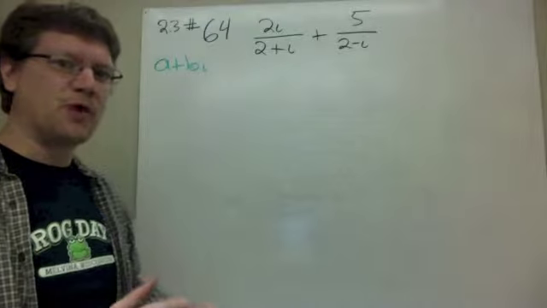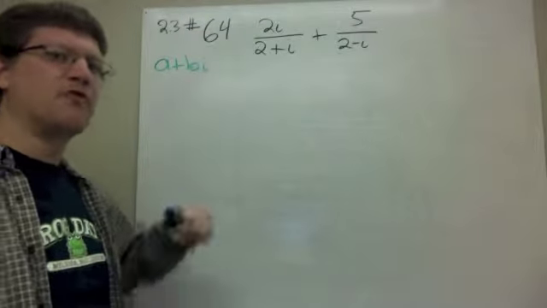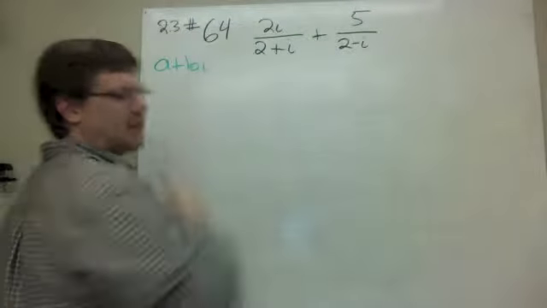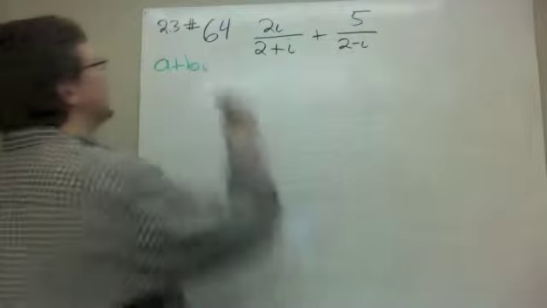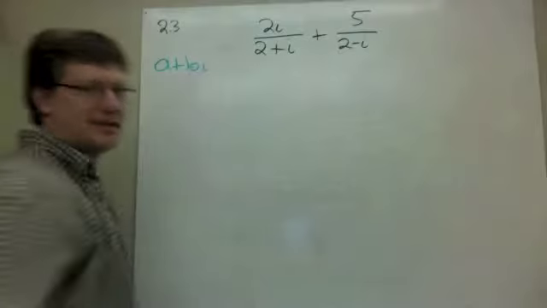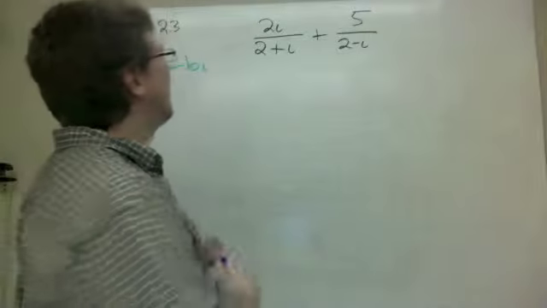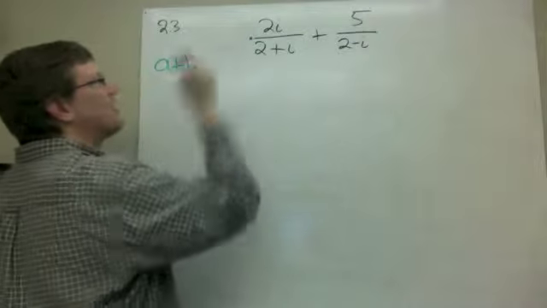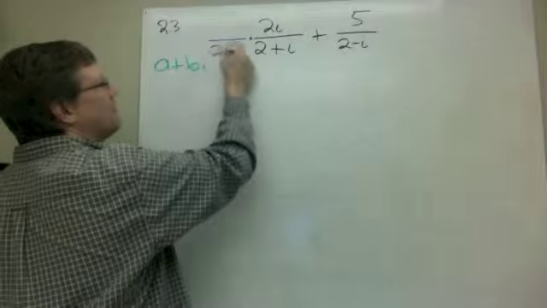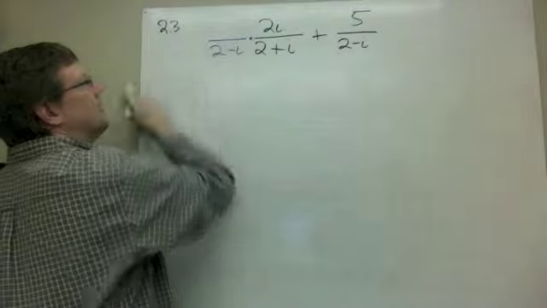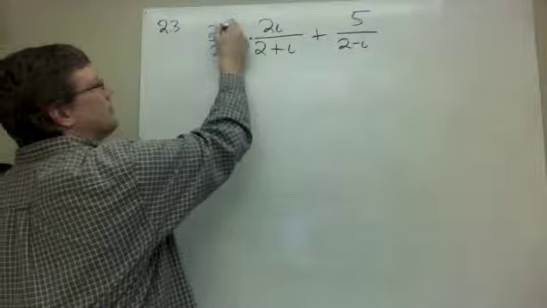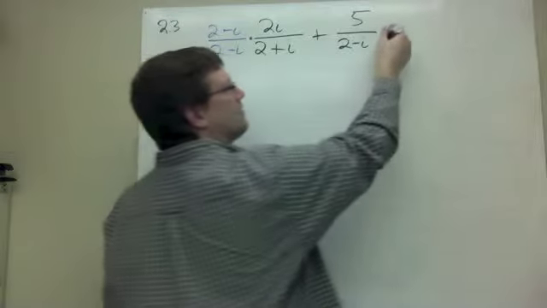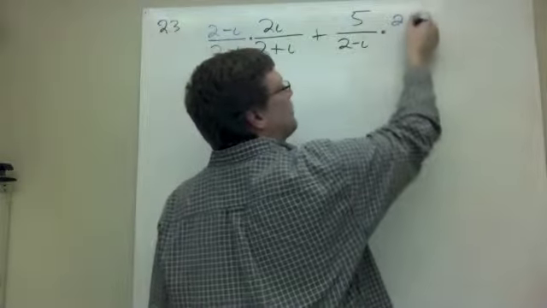We multiply by 1 in a clever form. The clever form is the complex conjugate of the bottoms of these, both on the top and the bottom. Okay? Let's try that and see if we need to do anything else. All right, so on the bottom we have a 2 plus i. So if I want to multiply by the complex conjugate, I'm going to have 2 minus i, and then a 2 minus i. Over here we have a 2 minus i in the bottom, so if I multiply top and bottom by 2 plus i,